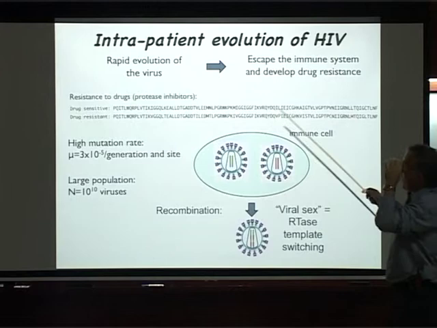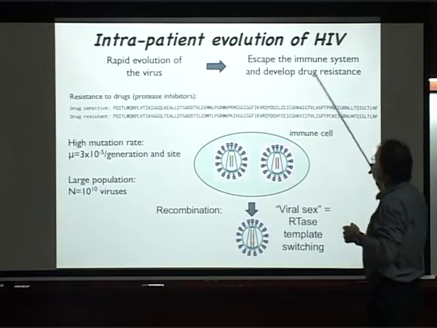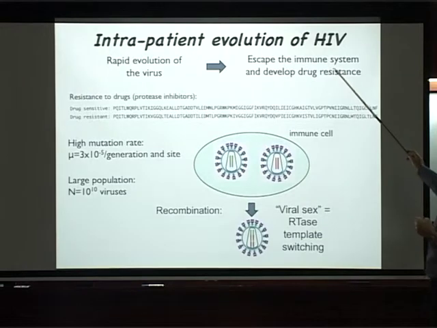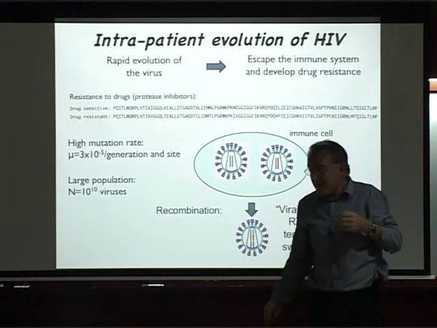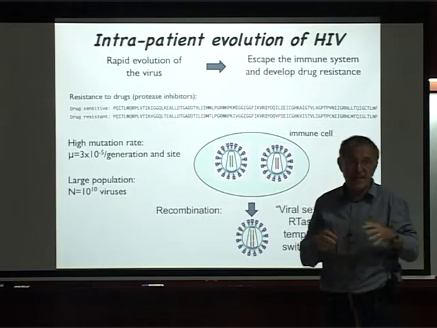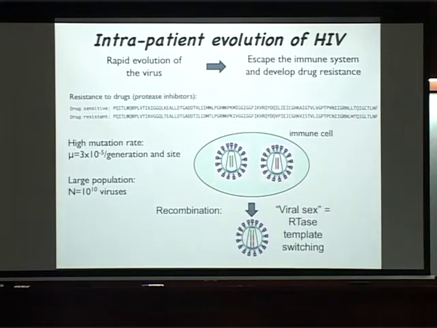Now, I already said that this rapid evolution of a virus is driven by selective pressure on the virus to avoid the immune system. So I don't know if you noticed the date on my previous slide. That data was 15 years ago. So that patient actually was not treated. There was no universal drug treatment at the time. So these days, patients who at least go to the clinic get treatment.